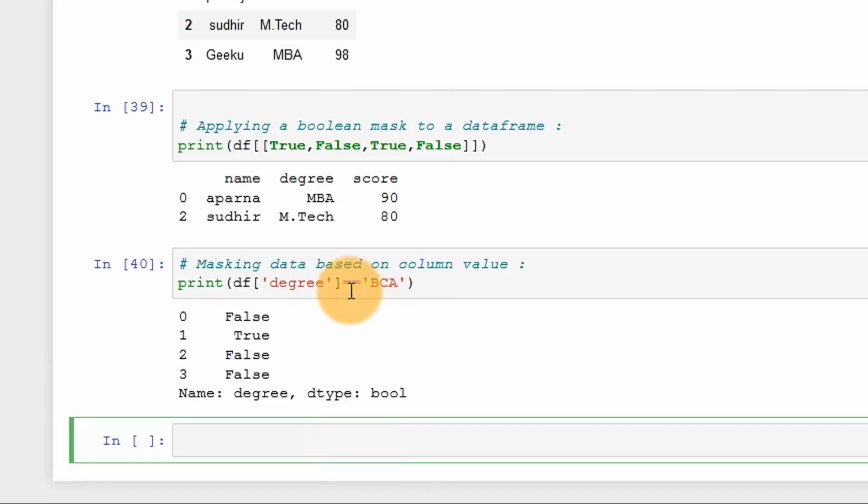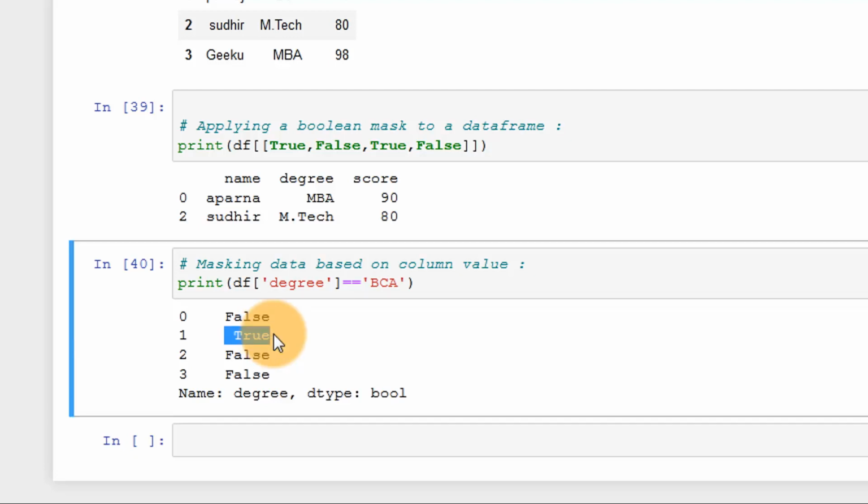You can see I'm getting true for the first row, true for the second row, and true for our Sudhir, and false for our Giku. So I think this is clear to you that we have defined a column mask, and I'm getting the column values.